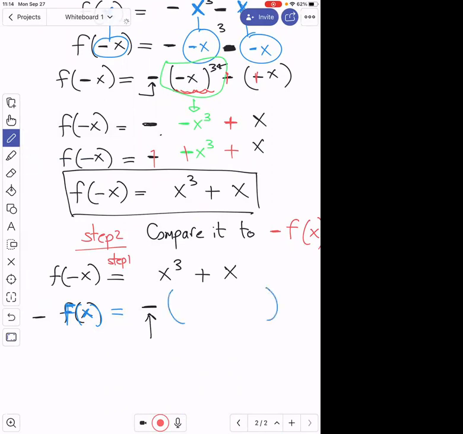Inside the parentheses, I'm gonna put my original function f, which was minus x cubed minus x. Okay, now, as you can see, guys, because of the parentheses, minus f of x is gonna be,